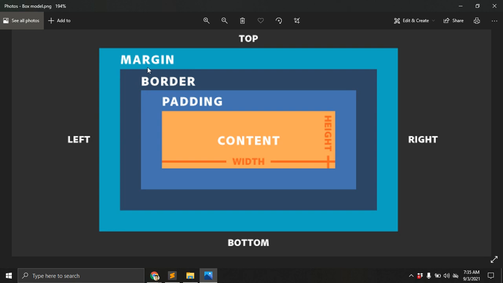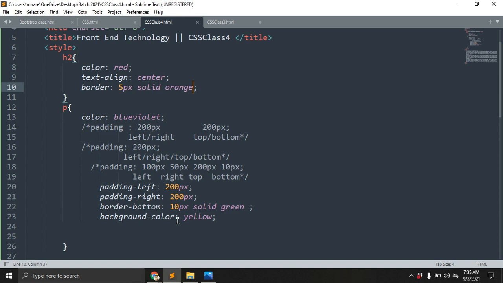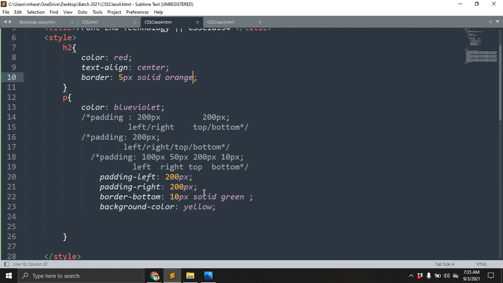What is the margin here? Don't be confused, margin and padding are used for totally different things, and I will discuss them clearly. Don't be confused. What is the padding, what is the margin? Here I'm removing this border. Here also I'm removing this. Don't be confused, it is difficult, you need to understand this.